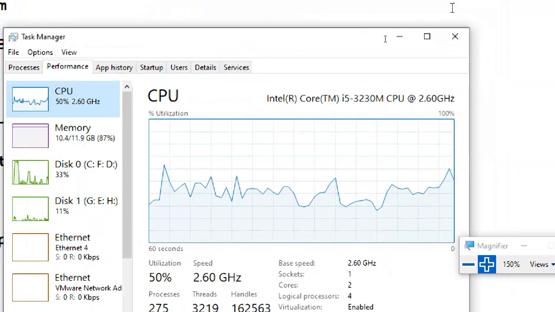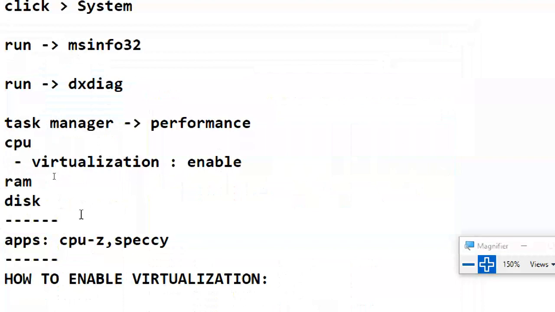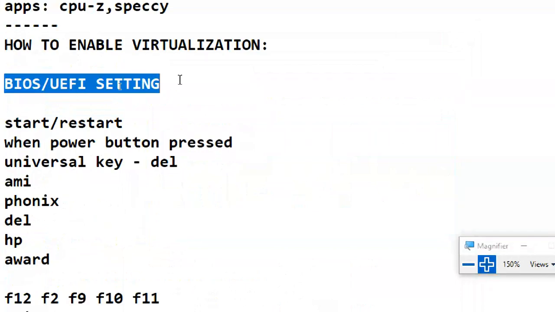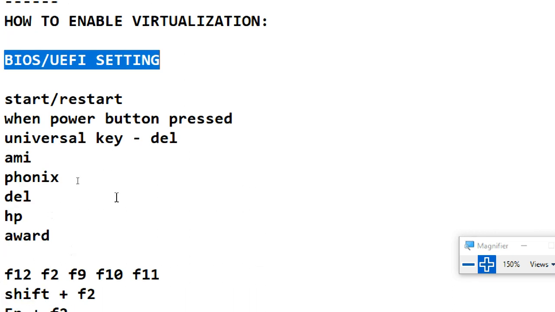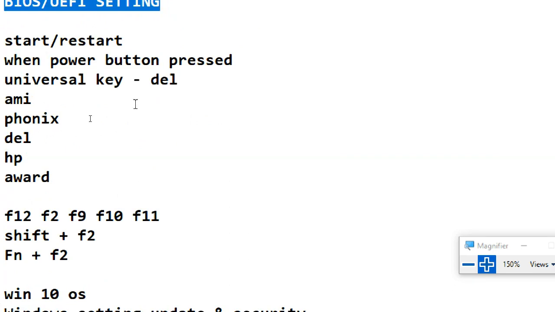It is showing enabled, but if in case it is disabled, then what to do? You have to go to BIOS settings and search for an option called virtualization or Intel virtualization technology. If it is in disabled mode, you can enable it. Your newer systems may support a mouse, but still you have to use the up and down arrows, enter button, and space bar. You have to use a few keyboard keys mainly. Generally, mouse support is also coming with new kinds of systems.